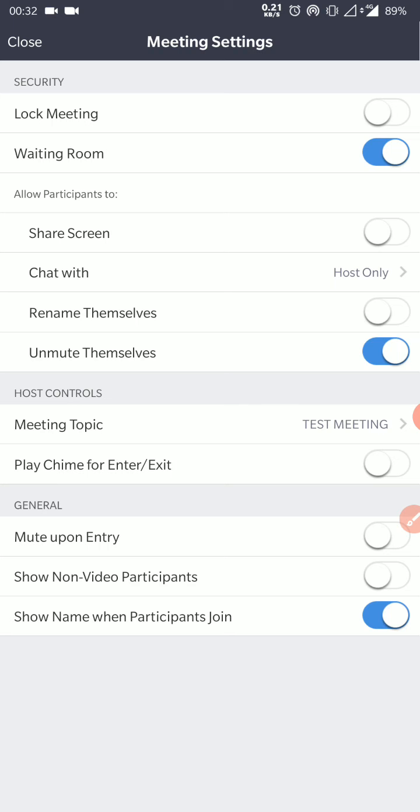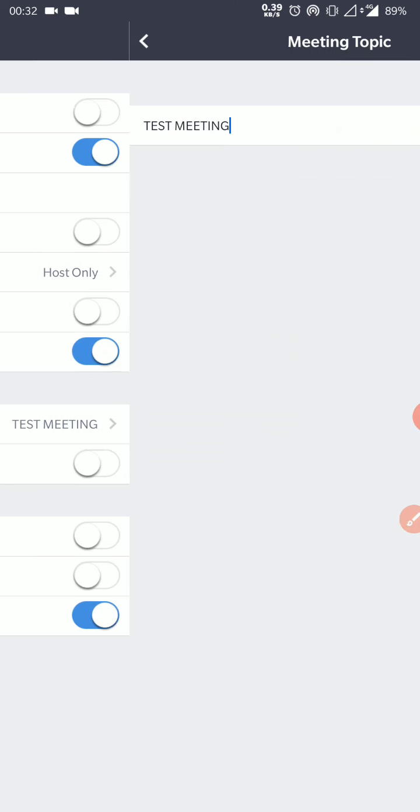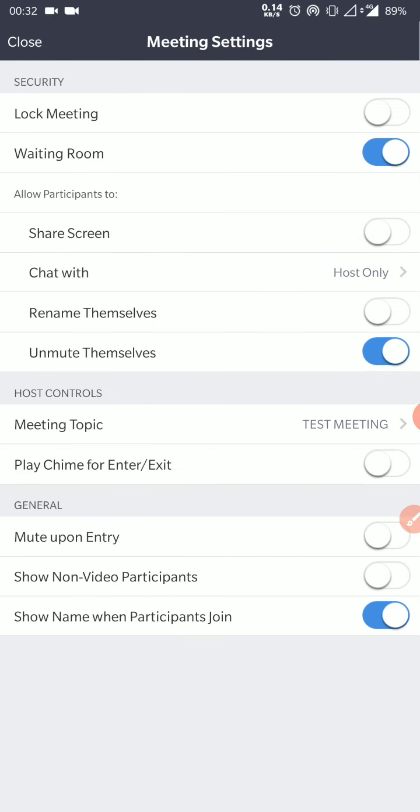If session is broadcasting type of session, then it should be disabled. If this session is interactive kind of session, then it can be enabled. Again, this is subjective to a host. Now meeting topic option is the same topic which we had created in part 1. But in case if you wish to edit it again, so still there is a provision given here as well.